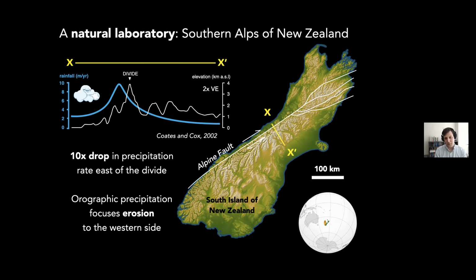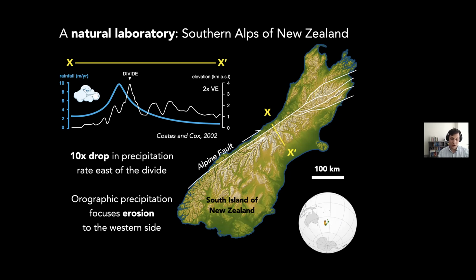Very similar to the prescription in the numerical simulation, this mountain range has a strong orographic precipitation gradient, really quite dramatic. If you've ever been there and driven across the mountains, you can see this visibly. So Southern Hemisphere westerlies come from the Tasman Sea, which is to the west, and they blow from the west to the east across the mountains, and very much like a squeegee, the 4 kilometers of topography, or nearly 4 kilometers,